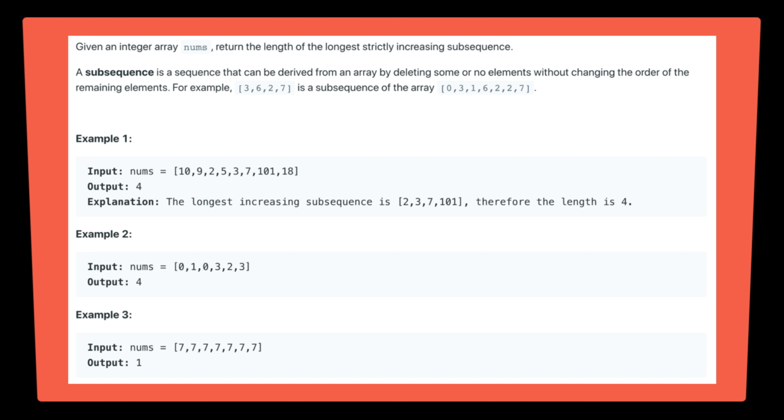Given an integer array nums, return the length of the longest strictly increasing subsequence. A subsequence is a sequence that can be derived from an array by deleting some or no elements without changing the order of the remaining elements. For example, 3627 is a subsequence of the array